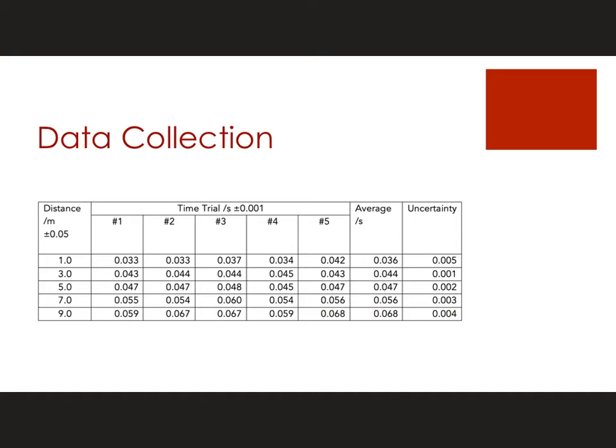So this is a data table that I used in a previous video. It came from using Audacity program to use echoes to measure the speed of sound. The independent variable is the distance, and the dependent variable was the time it took for the sound to come back for the echo. One of the first things you need to think about is with your raw data,